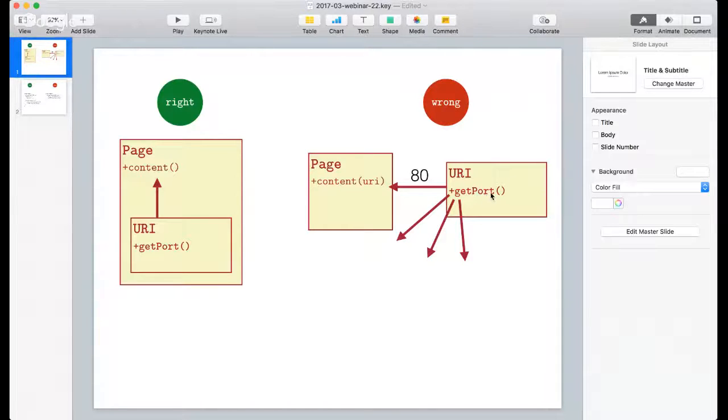The get port method is only allowed to be called by an object which encapsulates the URI. So in order to use get port, you can't just get any URI object from somewhere and then get port from it. You need to encapsulate it. So we need to build a bigger object from a smaller one in order to start using the data from the smaller objects.